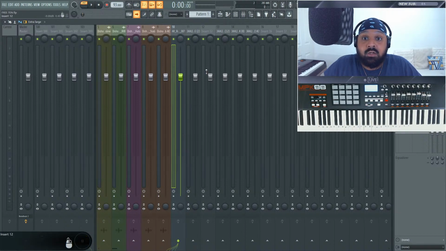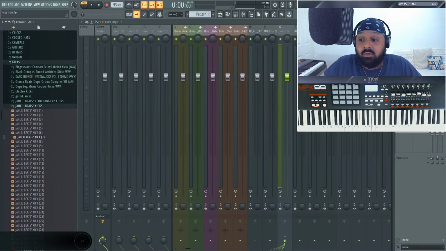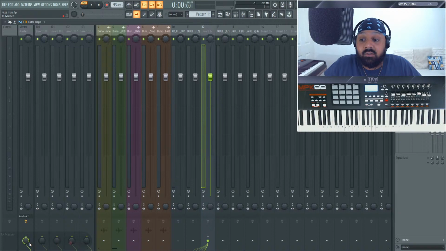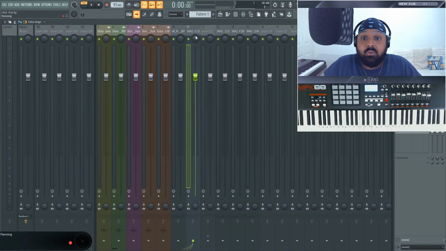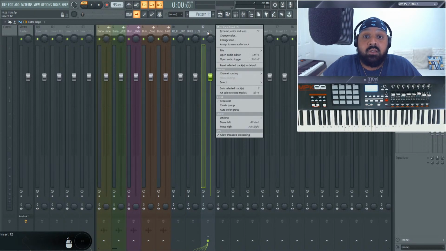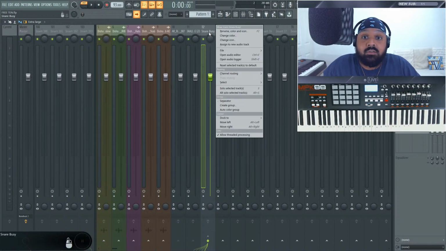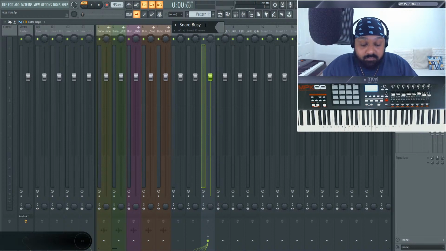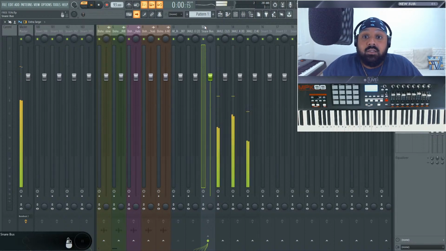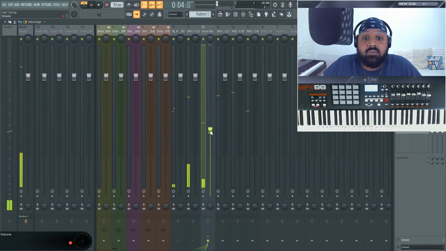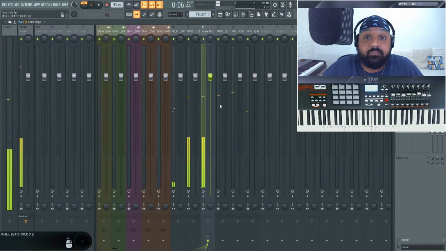We want to send this one to our snare bus, which obviously is going to the master channel here, and we're going to send this one to that. And this way, like I explained before, gives you a lot more control. So I'll just label this as snare bus. Right, so if I now turn this down, obviously that's going to turn all the snares down,